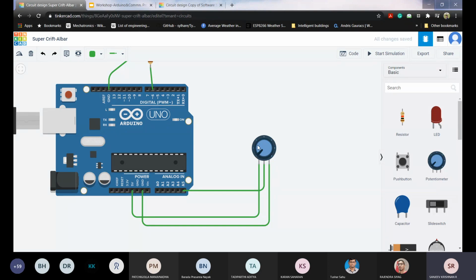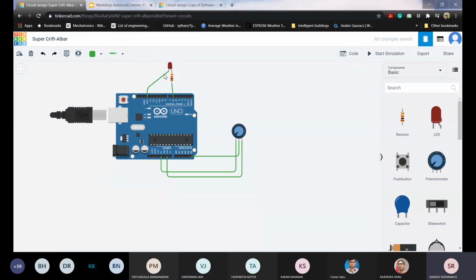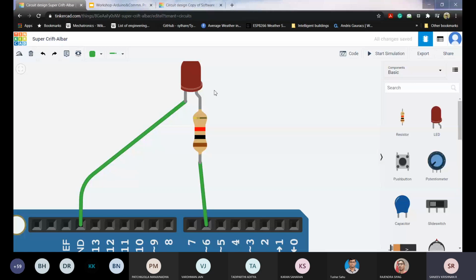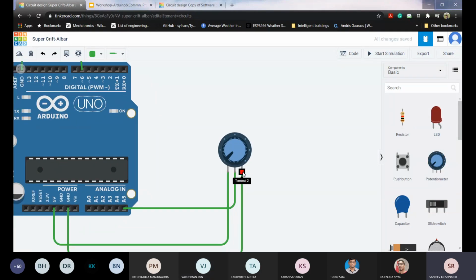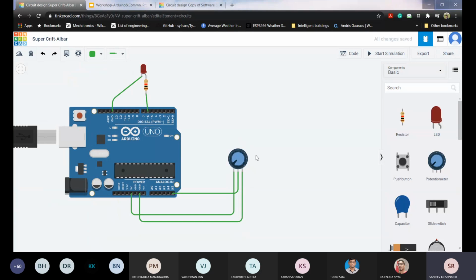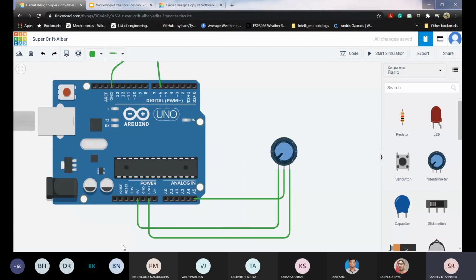Now we can actually vary the resistance here. Are the two terminals equivalent? Are terminal 1 and terminal 2 equivalent? You tell me. What about normal resistors? In a resistor, is there any difference between this terminal and that terminal? No, sir. So similar. A potentiometer is just a resistor, so both the terminals are equivalent. The difference I'll tell you soon. There is a small difference, which is not very problematic, but I'll tell you soon.